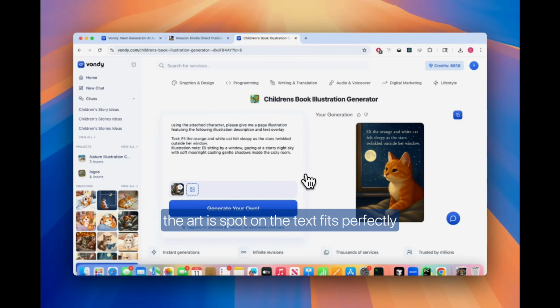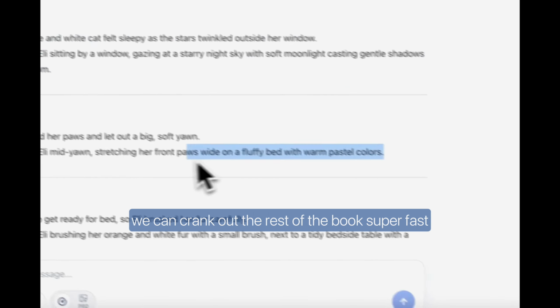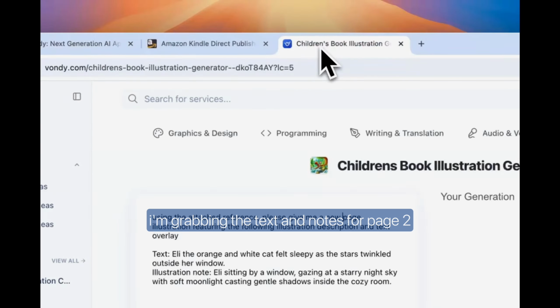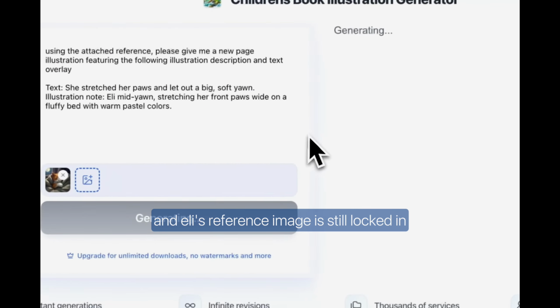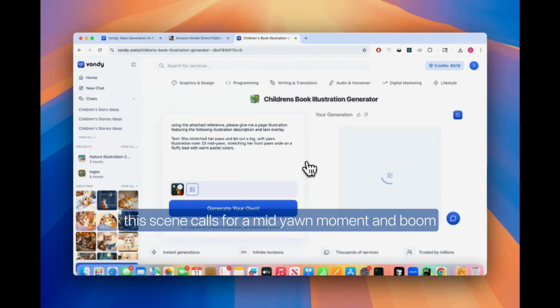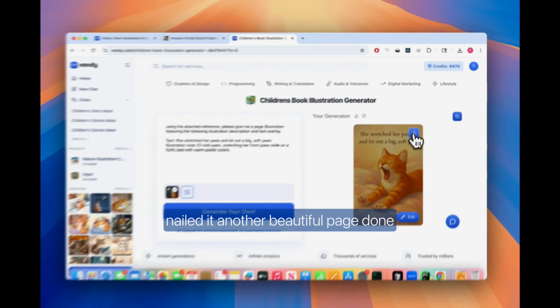The art is spot on, the text fits perfectly, and Eli looks exactly like the character we chose. With this workflow dialed in, we can crank out the rest of the book super fast. I'm grabbing the text and notes for page 2, pasting it into the generator, and Eli's reference image is still locked in. This scene calls for a mid-yawn moment. And boom, nailed it. Another beautiful page,